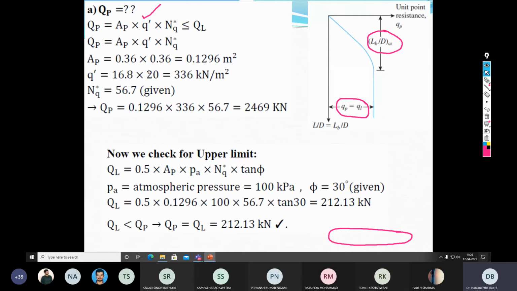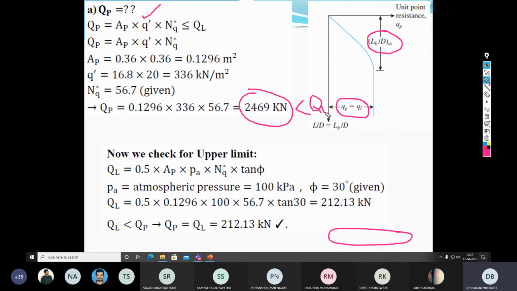Q dash is gamma times the length. Gamma is 16.8, length is 20 meter, so 336. NQ star is 56.7, picked up from the table corresponding to an internal friction angle of 30. Substitute in the equation of QP, that is AP, Q dash and NQ star, and what you get is 2469 kilonewton. However, this value shall be less than